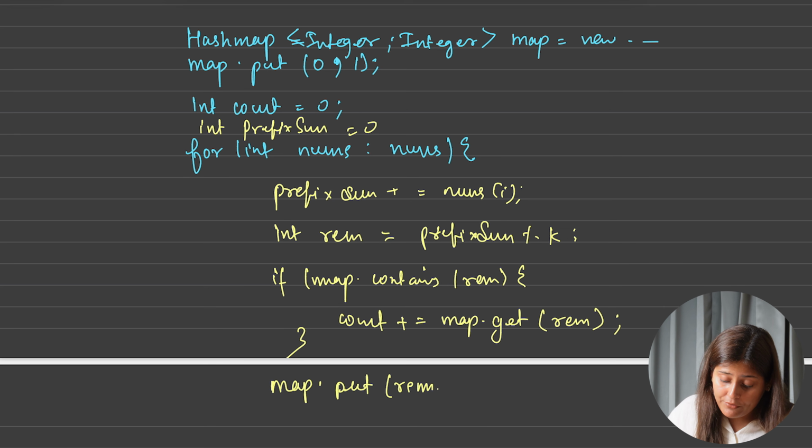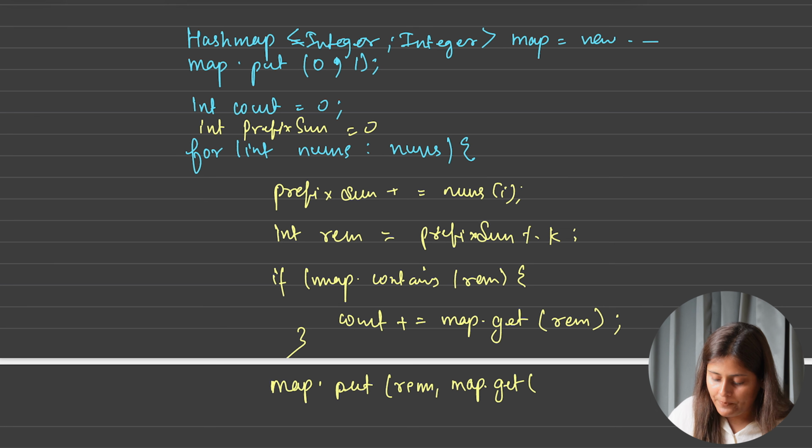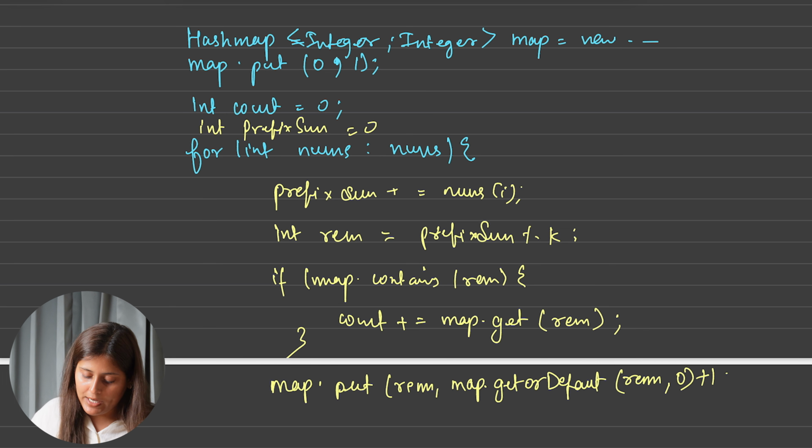But let's check if we have any default value. But before putting, we have to see now what if there is no such key. So basically for that we will apply the default value. So we'll say map dot get, first let's try to get the remainder value. If we don't have it, getOrDefault, okay, with remainder, if we have the value, or else initialize with 0 and then do plus 1, for every such number. And after coming out of this, we can simply return our count, that will give us the final count.